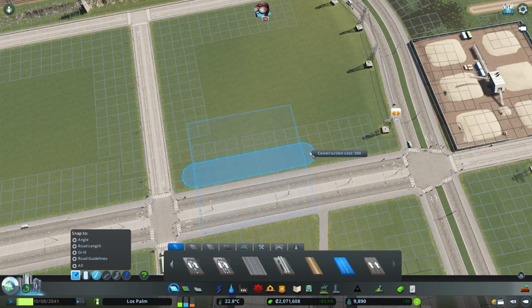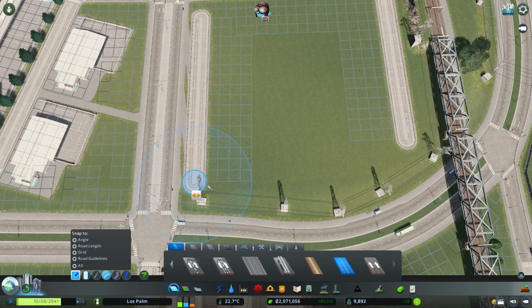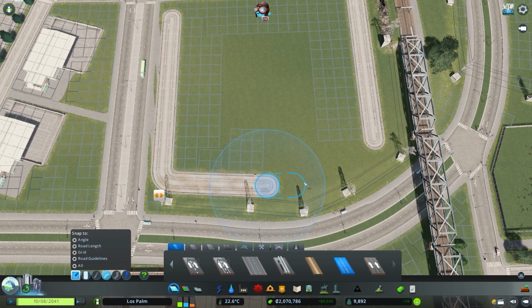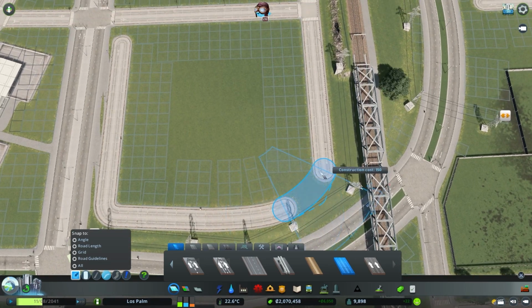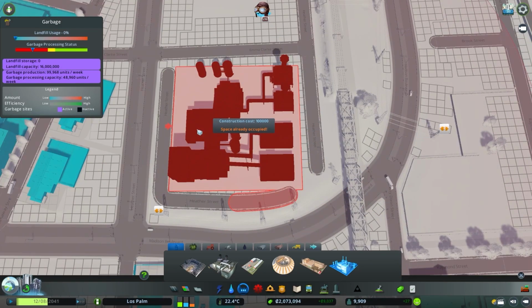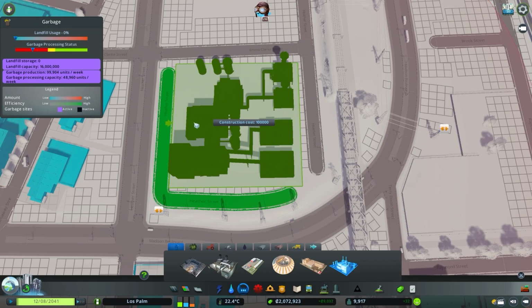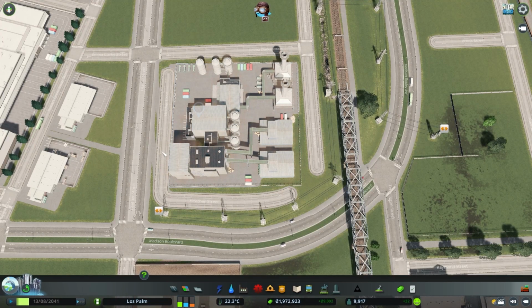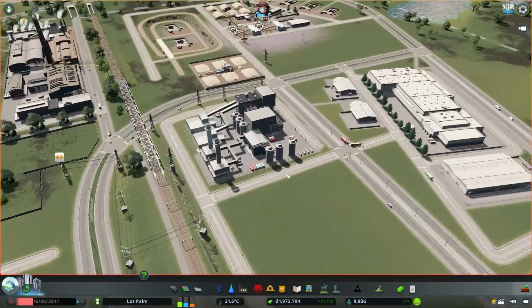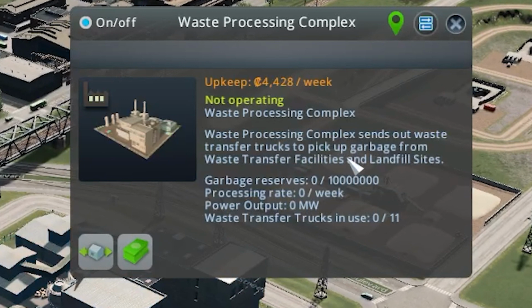Get rid of that. We put a road in here. I wonder if we can actually get that in there. This means that it will hold more traffic around this area here. For this building to function properly, as you can see, we need a waste transfer facility,